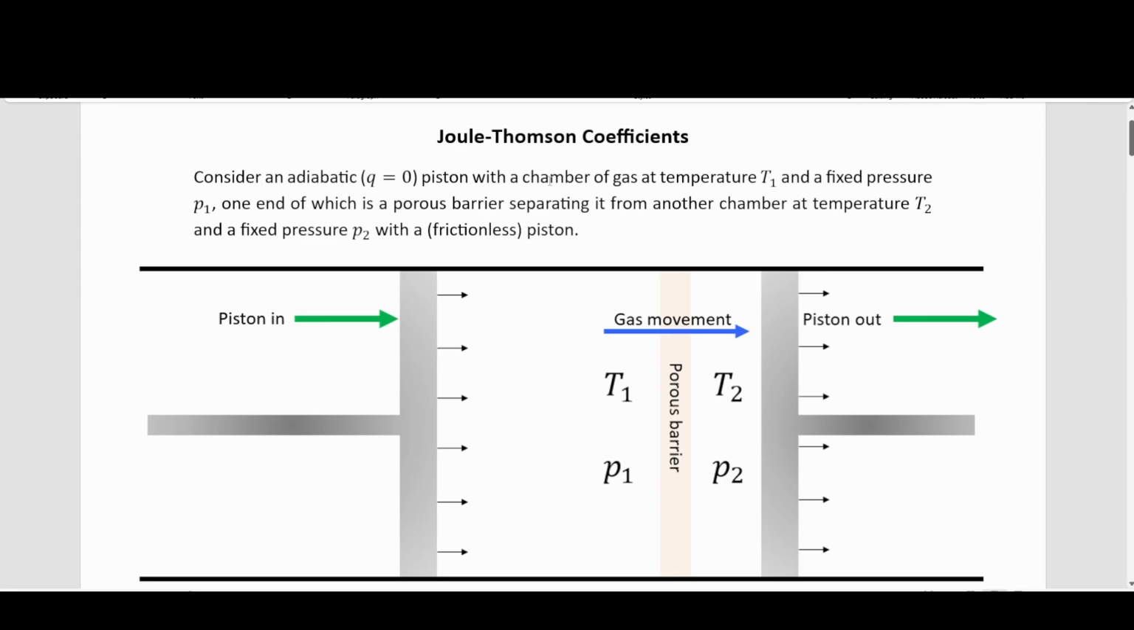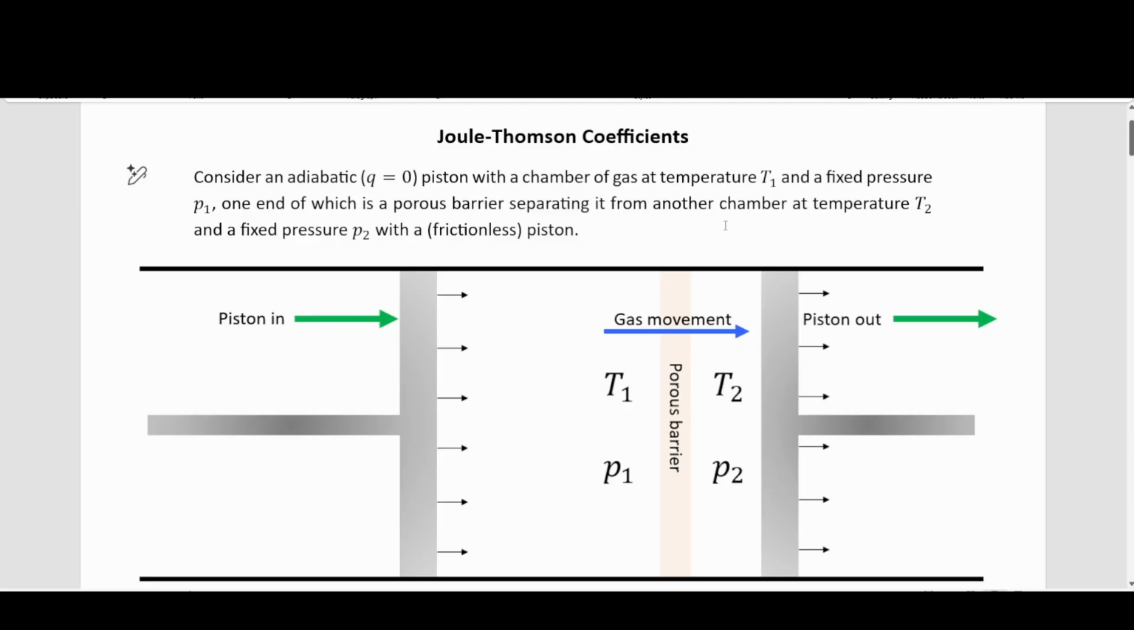In this video, we are going to talk about what are called the Joule-Thomson coefficients. So consider an adiabatic piston with a chamber of gas at temperature T1 and a fixed pressure at P1, meaning that the pressure in this chamber here is not going to change. One end of which is a porous barrier, so that would be this right here, separating it from another chamber